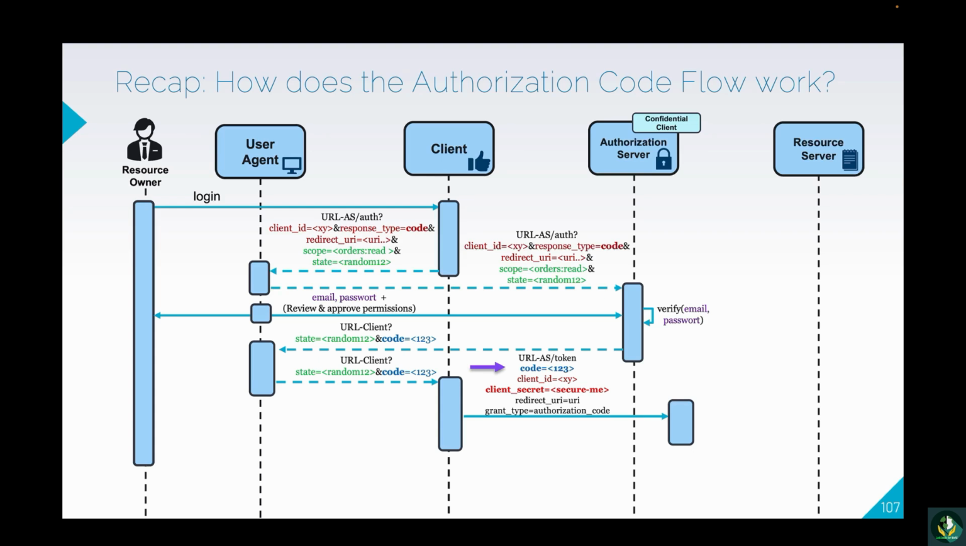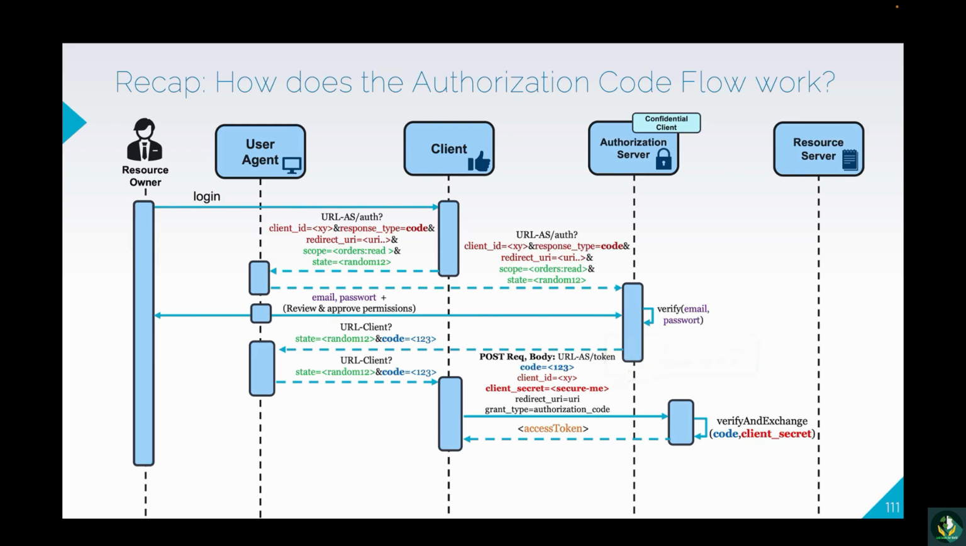In this request, the client provides the authorization code, its client ID, and its client secret for authentication. The redirect URI is also included to ensure it matches the one sent in the initial authorization request. Lastly, the client specifies grant type equals authorization code, indicating it's using the authorization code to get an access token. The authorization server validates the authorization code and client credentials, client ID, and client secret. If everything is valid, the server responds with an access token and possibly a refresh token depending on the server